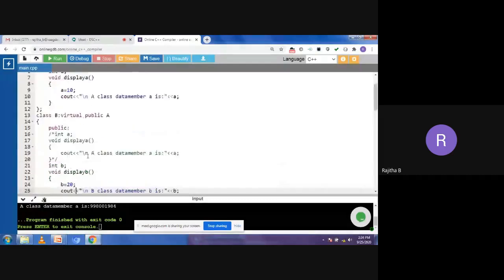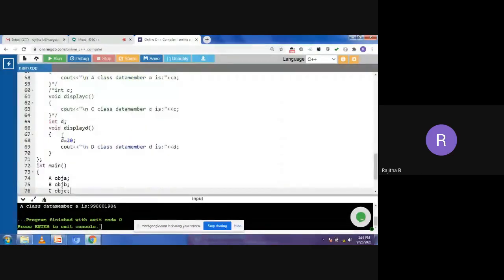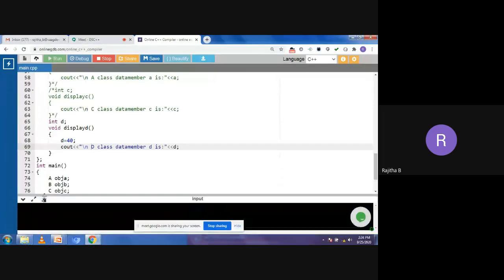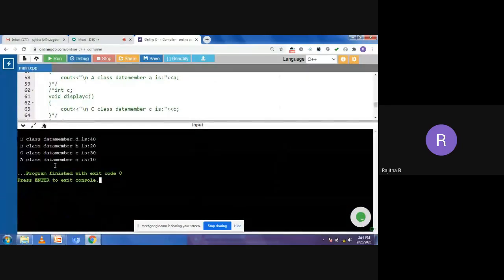And come to the B class data. Okay, now you'll get the values of the A, B, C, D data members. Now you can see here, the A class data member A is 10, the C class data member is 30, the B class data member is 20 and the D class data member is 40.